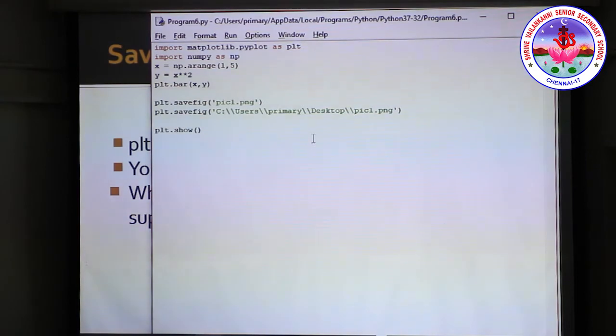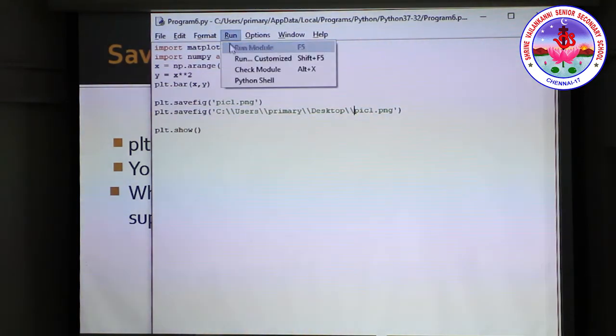So, if you want to give some other location, for example, I want to save this figure on the desktop. So, we have to give the full path name. You can see this, I am using double slashes, not the single slash. Okay. So, we have to use the double slash. If you are using a single slash, that will be considered as an escape sequence, right. To avoid that one, we have to give the double slashes, then we have to give the complete path name, at last you have to give the file name with the extension, right. So, this program after running, it displays the figure as well as it saves the figure in the given location with a given file name and the extension.